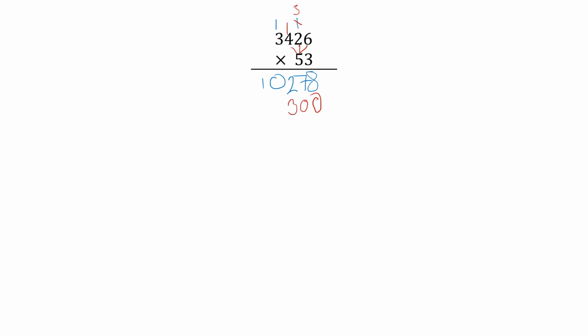And then 5 times 4 is 20. 20 plus 1 is 21. So we'll write down the 1, carry the 2. And then 5 times 3 is 15. 15 plus 2 is 17. And there we go. And hopefully you've noticed I've been crossing out the carried numbers from our previous row as